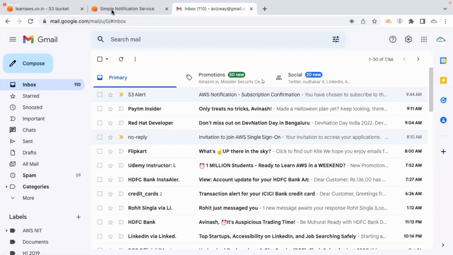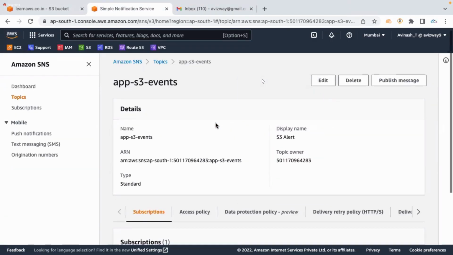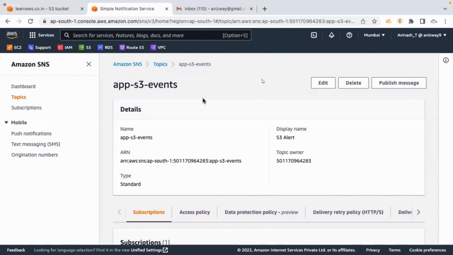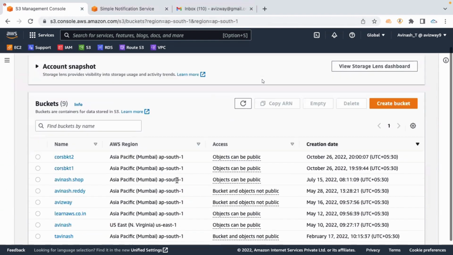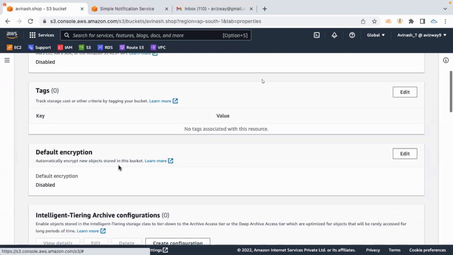Okay, so now let's refresh here. We will get a subscription ID. It's confirmed and it is a subscription ID. SNS part is completed. Now come back to S3 and select the bucket you're working on. Go to properties,